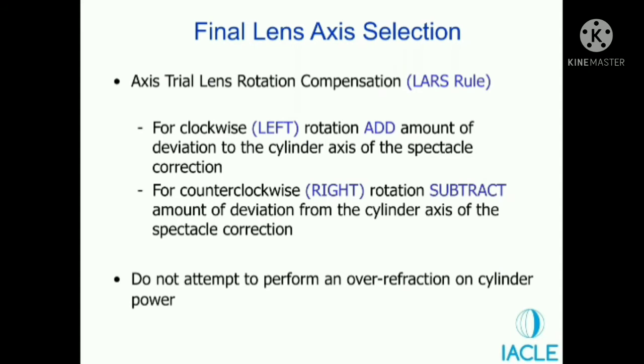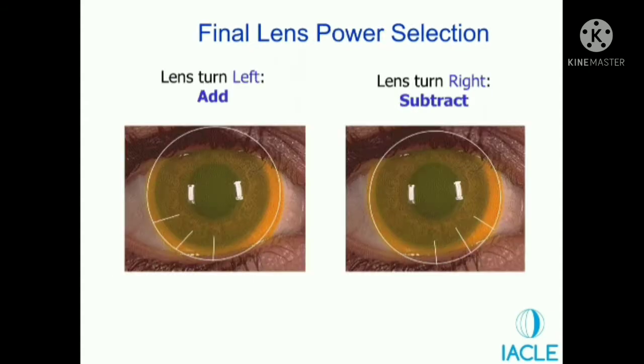Suppose the lens rotates in the other direction, which is counterclockwise or anti-clockwise. Then you subtract the amount of rotation from the spectacle cylinder axis. Now, I'm sure this may be confusing the first few times, and that is why we are going to take a few examples to make it easy to understand. Now you can see on your screen, there are two lenses. On the left side, the lens has rotated by 30 degree. How do I know it is 30 degree by looking at it? Because I knew the separation between the two marks of this particular lens was 30 degree.